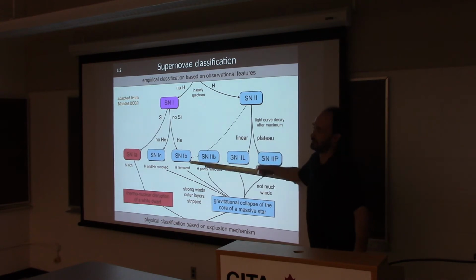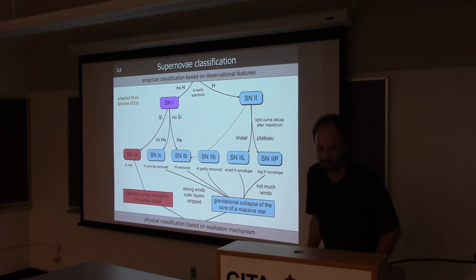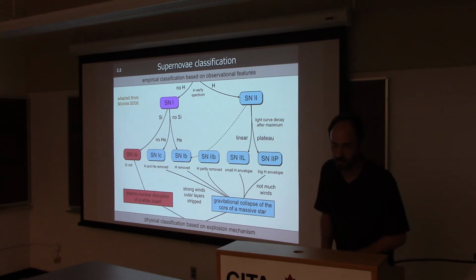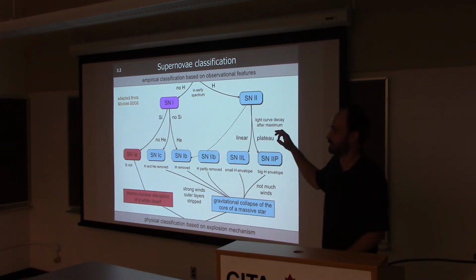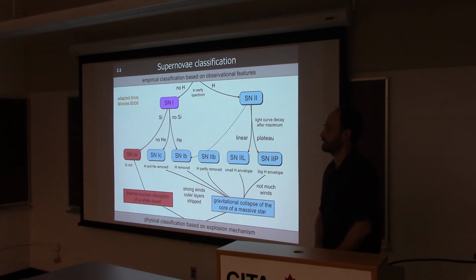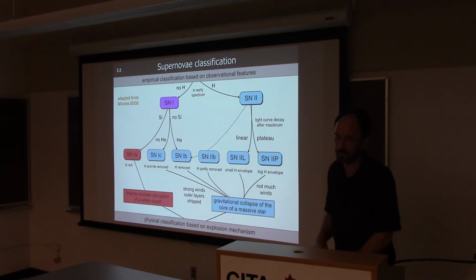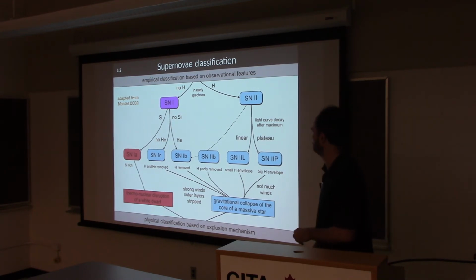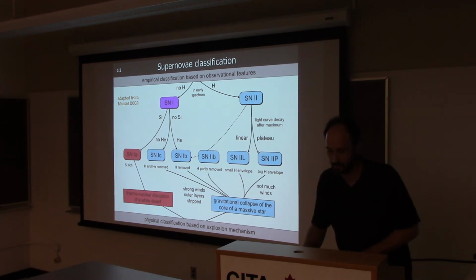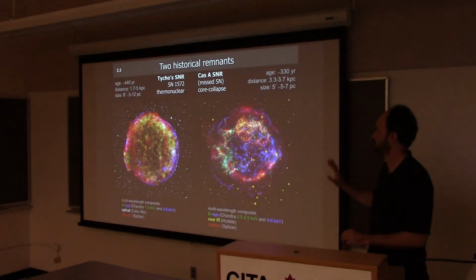But again, there are more cases. There are more exotic cases, as observations get more numerous and more precise, observers find something that's atypical, and then it becomes one new class, made by just this supernova. And there are also the superluminous supernovae, which are probably from other mechanisms, different kinds of engines. So I'm not going to get into that, but let's just contrast the